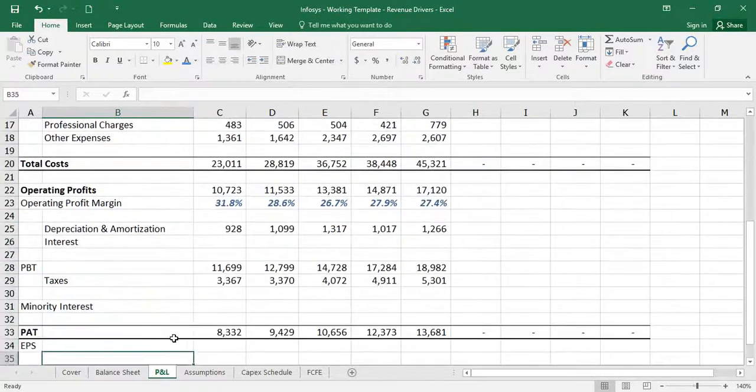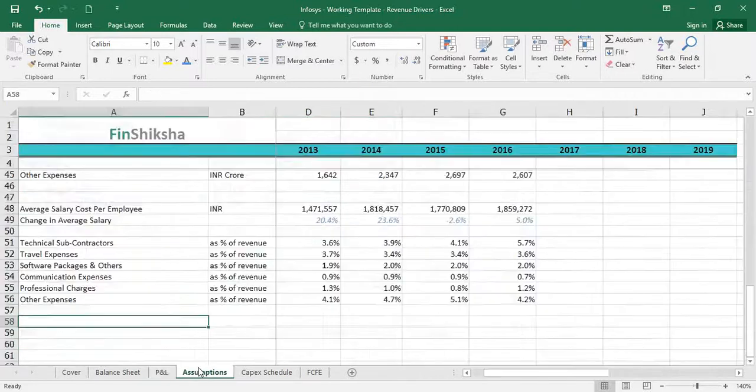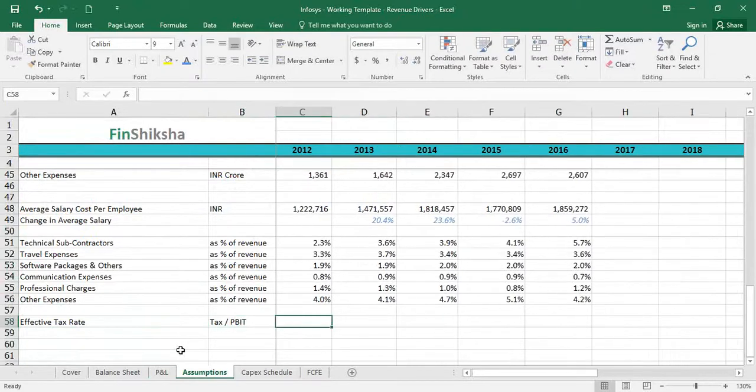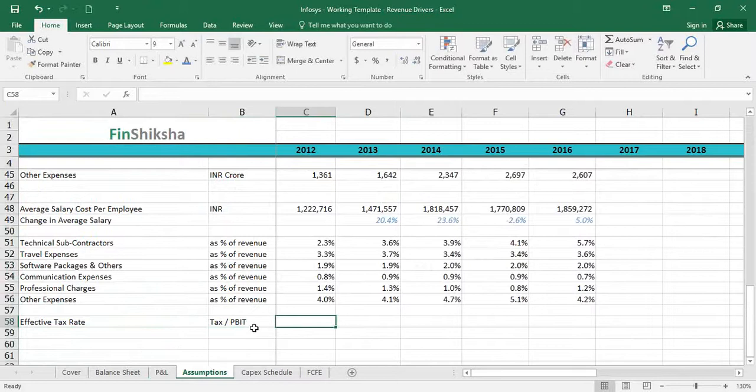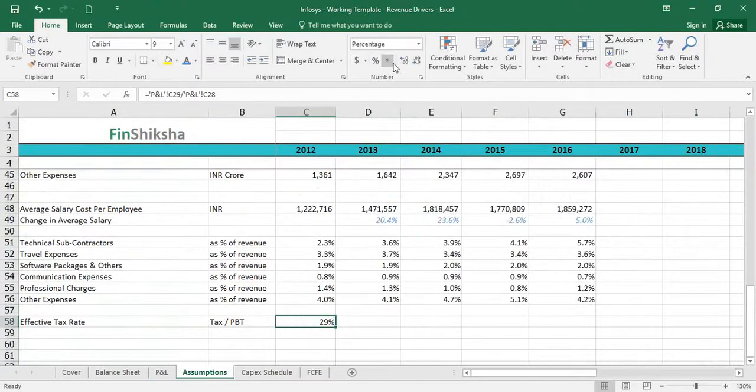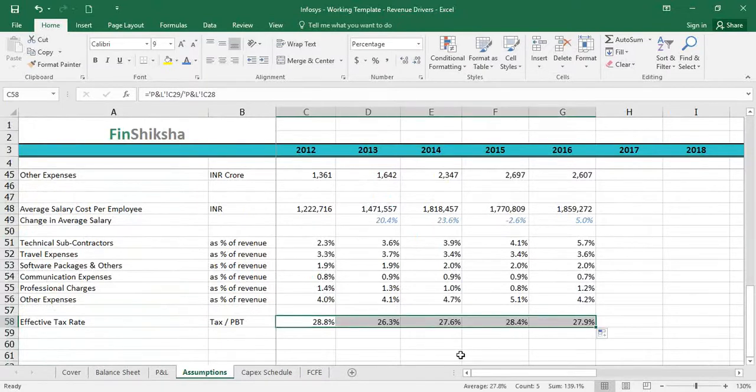There's no interest. The next header is taxes. So what kind of taxes play out? On the assumption sheet, we can put something called effective tax rate. And how do I calculate effective tax rate? That's tax divided by PBT, or profit before tax. So we go to the P&L sheet, we take the tax and we just divide this by the profit before tax, and we find the percentage, which is about 29%, 28%, and we look at that hovering around 27, 28%